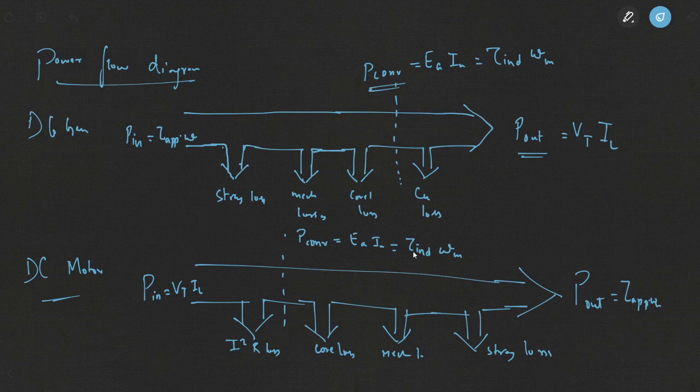Now we need to study different types of DC machines and their characteristics. Different types of DC machines, I mean by that we need to now study the series DC machines, the shunt DC machines, the separate